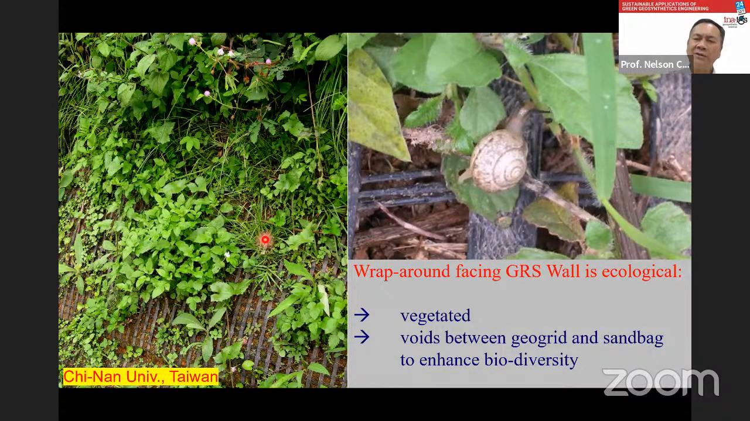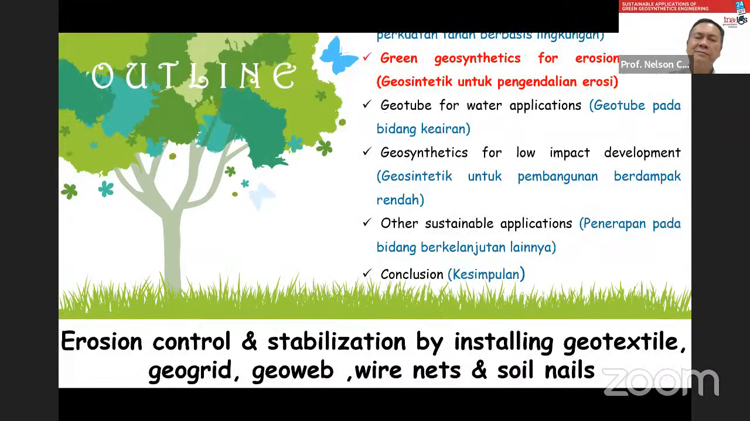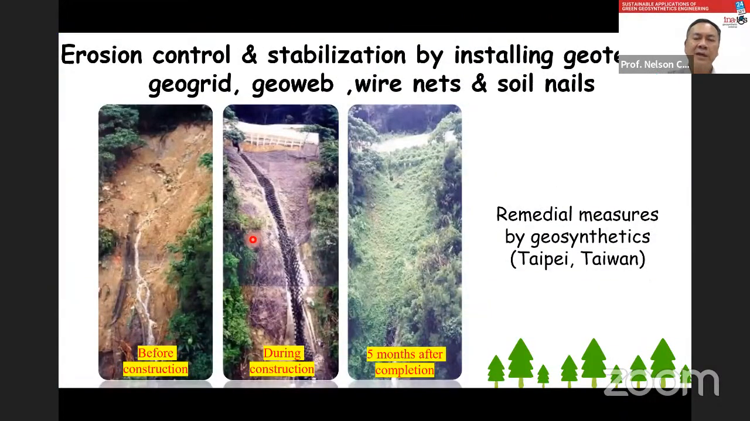Okay, next section, I would like to discuss erosion control. This is a case I was involved in, erosion control and stabilization by installing geotextile, geogrid, geoweb, wire nets, and soil nails. Okay, this is a landslide. Landslide, you see the water coming out. This is the original vertical drain. It fell apart, and